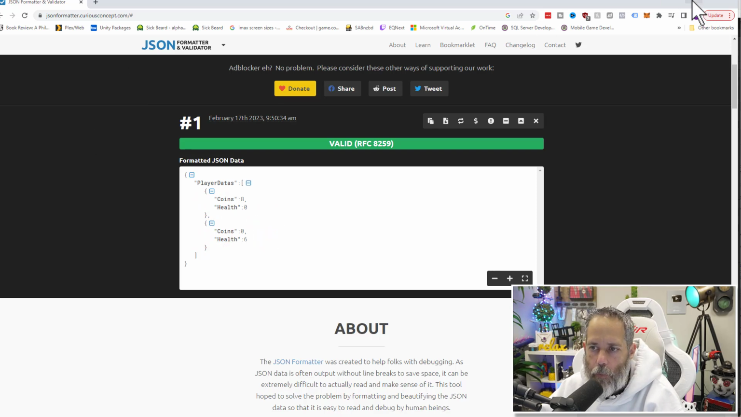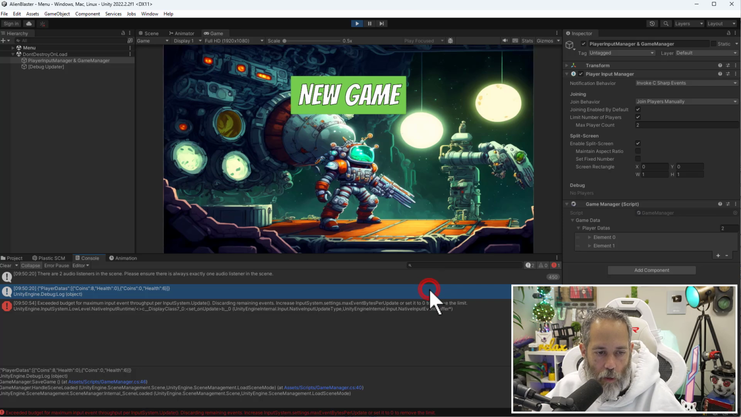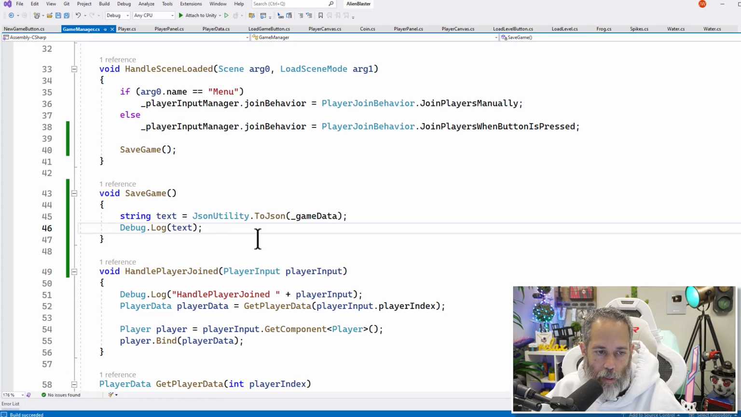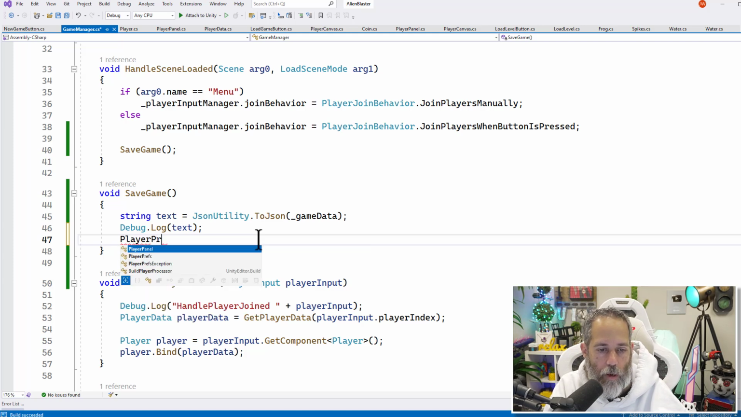All right, let's minimize. And now that we've got our data in the right format, let's talk about how we can save that data out. So we're going to go back into our code, and right here on line 47, we're going to use the player prefs system. We're going to do this as an initial one, then we'll talk later about some other ways that you can save data. But the easiest way, the way that works across just about everything, is to use the player prefs